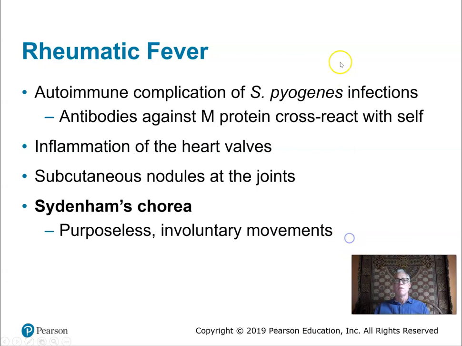Rheumatic fever is a complication of Streptococcus pyogenes infections. A normal antibody response when someone gets a strep infection, a strep throat, involves antibodies against M proteins, which can then ultimately cross-react with self antigens and cause an autoimmune disease. It's going to cause inflammation of the heart valves,